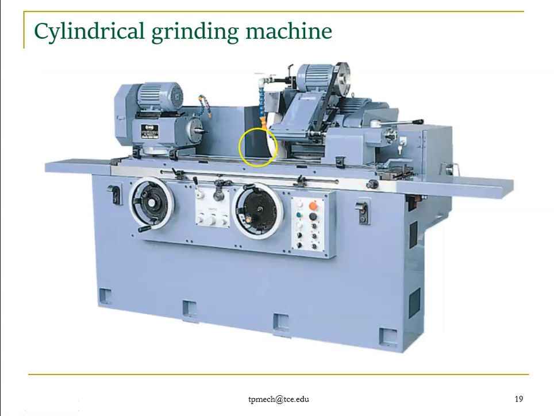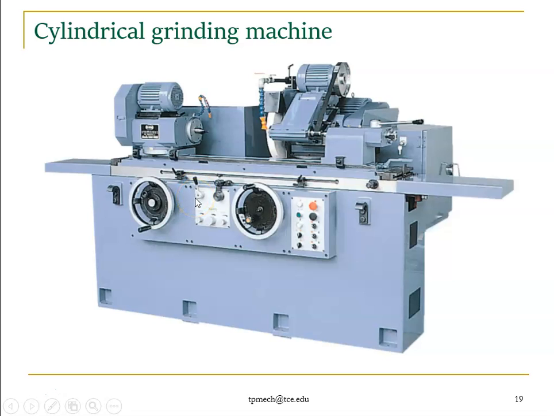So this is an actual cylindrical grinding machine, where you can find one of the centers here. Right. So here also we have one of the centers. These pipes show the cutting fluid. The table can move reciprocatingly, and we have a grinding wheel. Both are controlled by electric motors, right? So this is similar to our headstock, right?